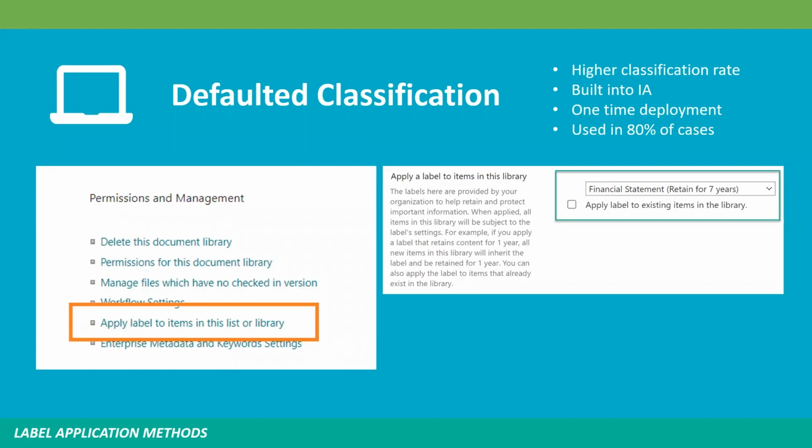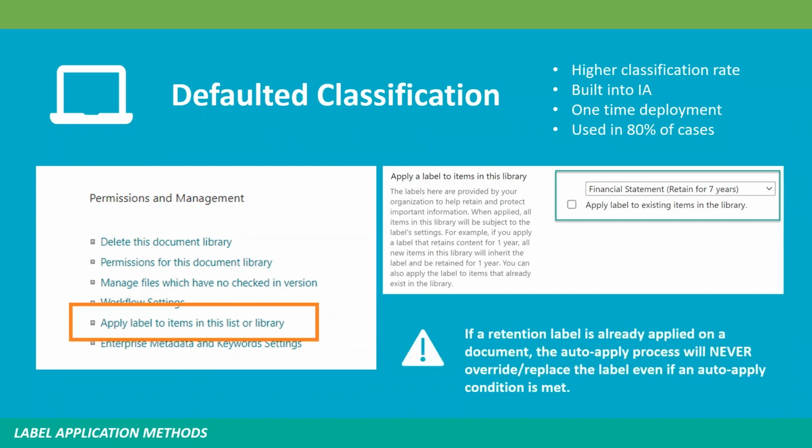And one other thing to note is we try to use this 80% of the time, while we try to use the automated classification around 20% of the time. One thing to quickly note about defaulted classification is the auto apply process will never override or replace the label if there is a retention label already in place for an item. So that's one thing that you have to keep in mind whenever setting up these retentions, these different application